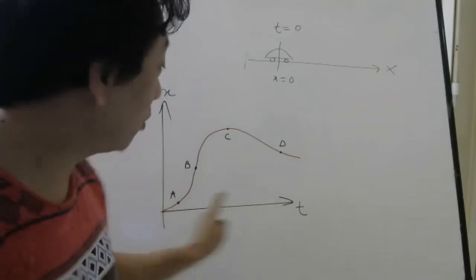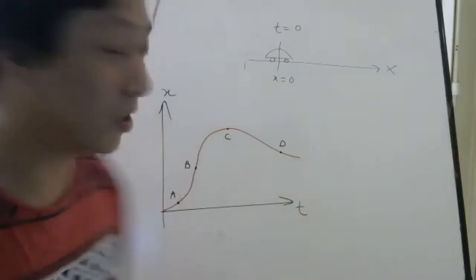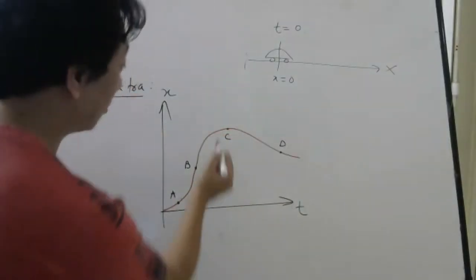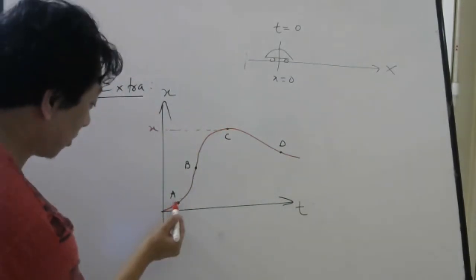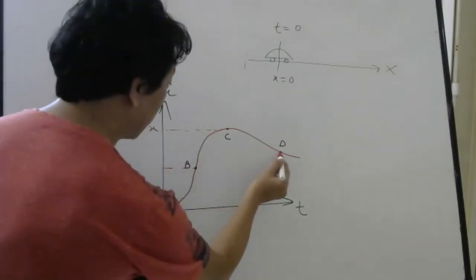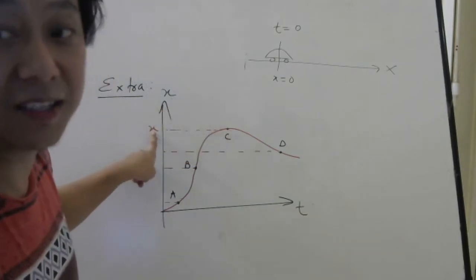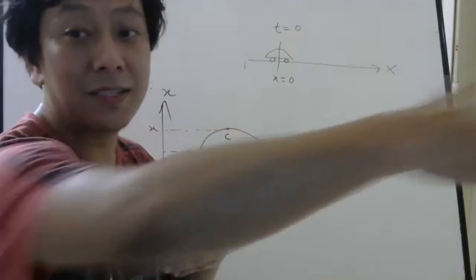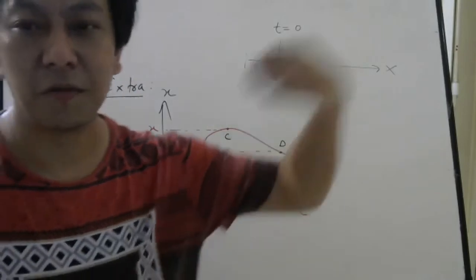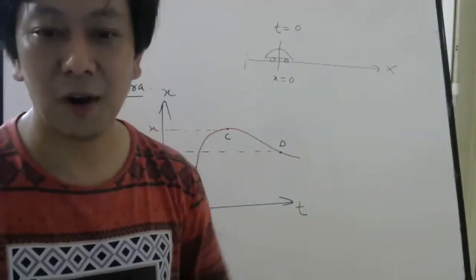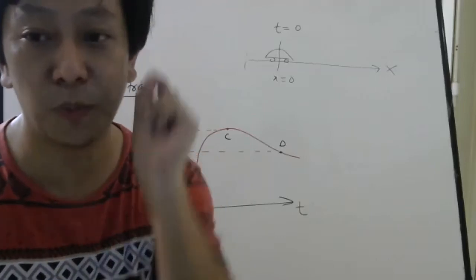If I ask for which point the car is farthest from the origin, then for this point is the answer, because for this point your x coordinate is largest compared to this point or this point or this point. Correct? So for this point the car is very far. But I am not asking about very far or very near. I am asking where it is moving fastest, which point. Don't tell me BC. I'm talking about which point.